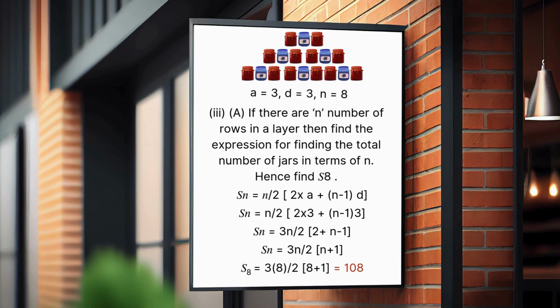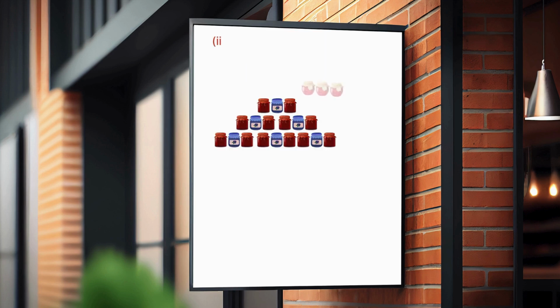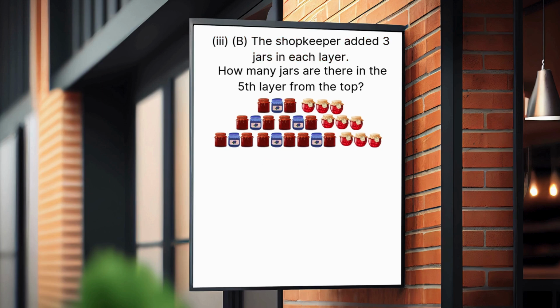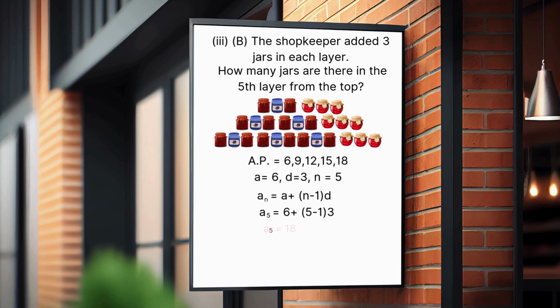Let's see the OR part of this question now. The shopkeeper added 3 jars in each layer. So now AP is 6, 9, 12 and so on. So a is 6, common difference again is 3. An is a plus n minus 1 times d, thus a5 is